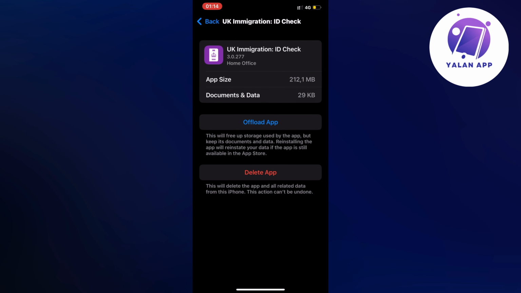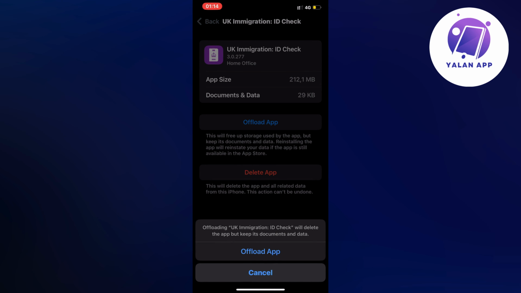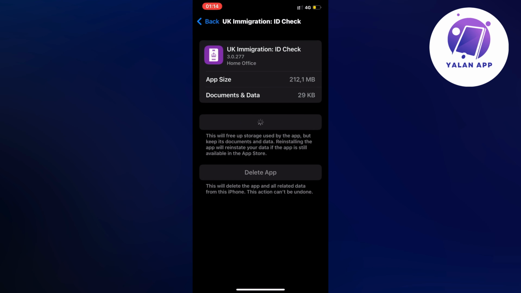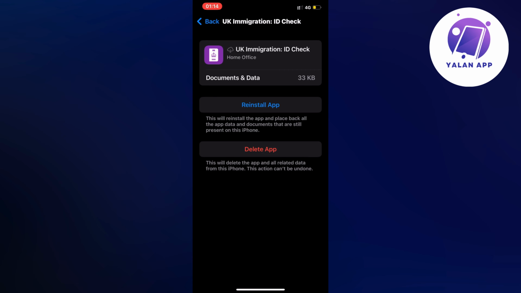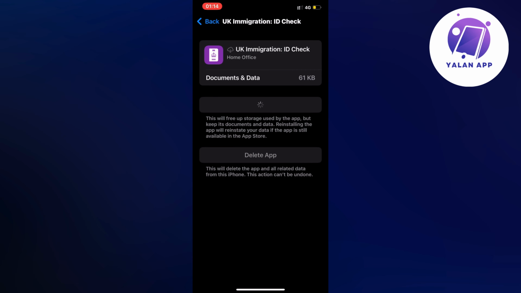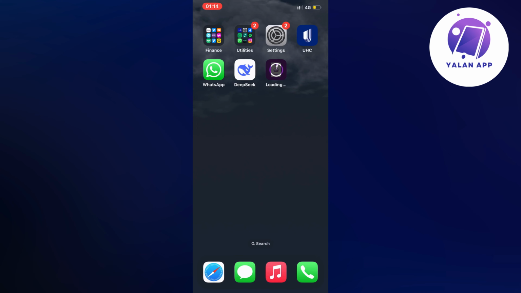And then what you're going to do on this page is to just click on upload app and once again click on upload app in here. Just wait a couple of seconds for this page to load and then click on the blue button here again. So now what you're going to do, you're just going to simply wait for the app to completely update to